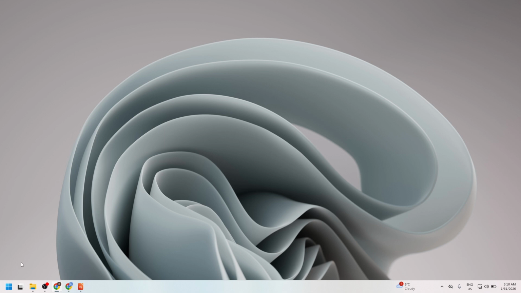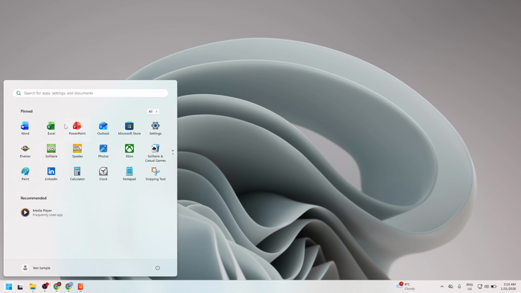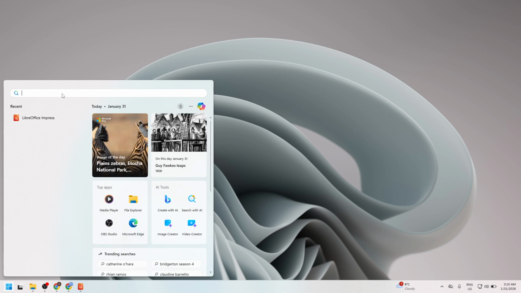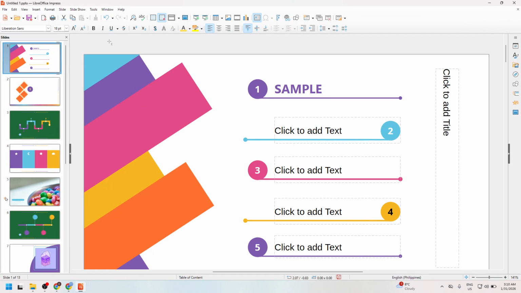Start by opening LibreOffice Impress on your computer, then load the presentation you want to work with. It's a good idea to have your final content in place before rehearsing, so the timings you capture match what you plan to say. With your file open, head to the menu bar at the top, choose Slideshow, and select